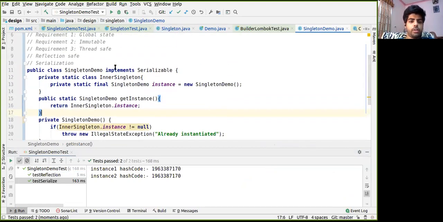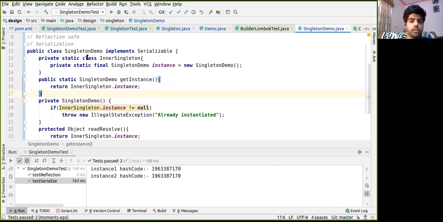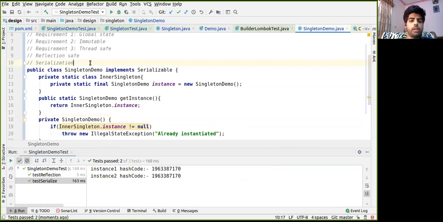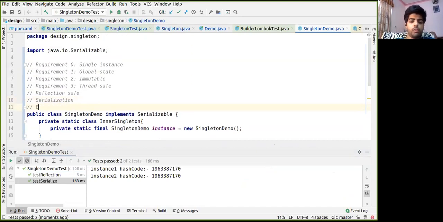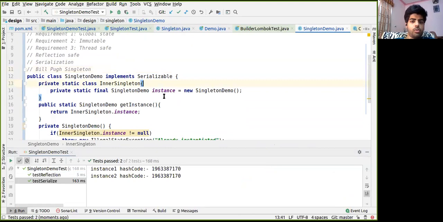Okay. So this particular construct of using a static inner class has been identified first by Bill Pugh, and this is famously known as the Bill Pugh pattern. So this is known as Bill Pugh singleton, and this is how we initialize it lazily.